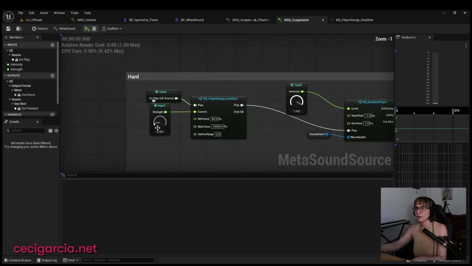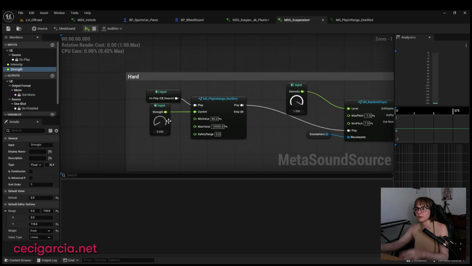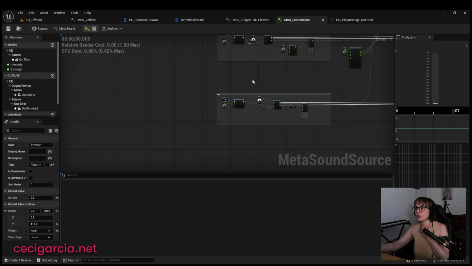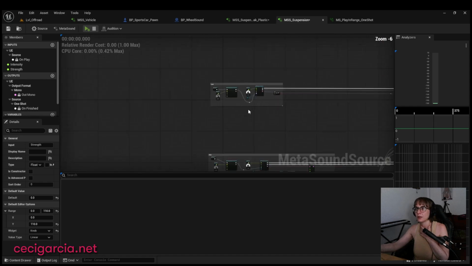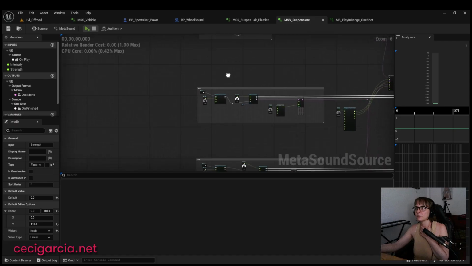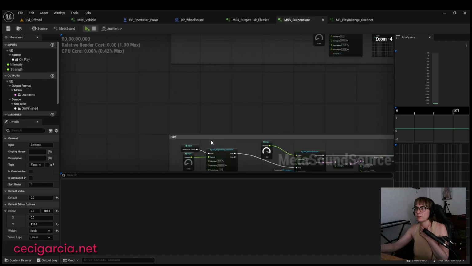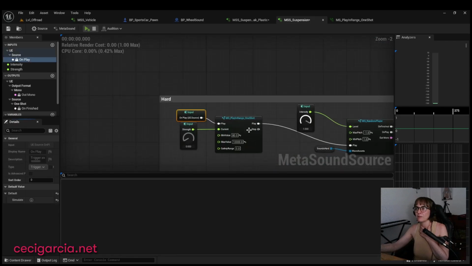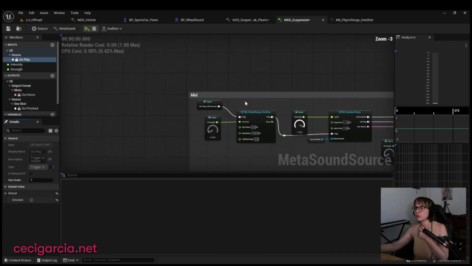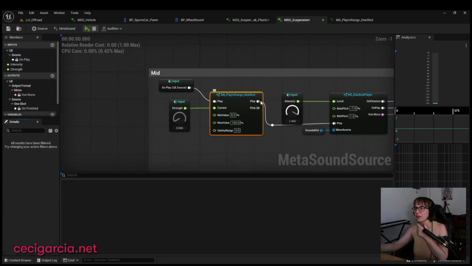And the strength, which goes from 0 to 110, determines which array should play. Actually, on play is connected to the three arrays, but we have this new Metasound that will